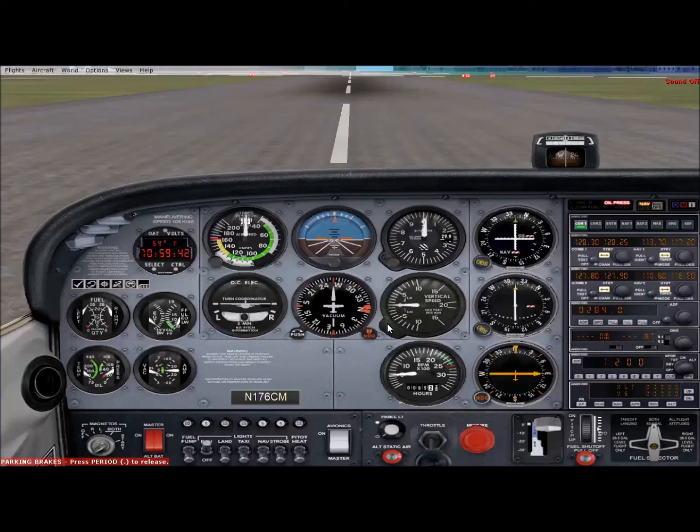This is the vertical speed indication. That is how fast you are climbing or how fast you are descending. This is 500 feet per minute. This is 1000 feet per minute. This is 500 feet per minute descent, 1000 feet per minute descent. So these two together are very important to control the plane. Okay, this is the heading indicator.